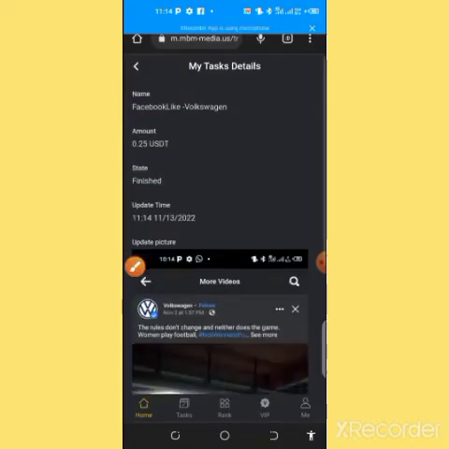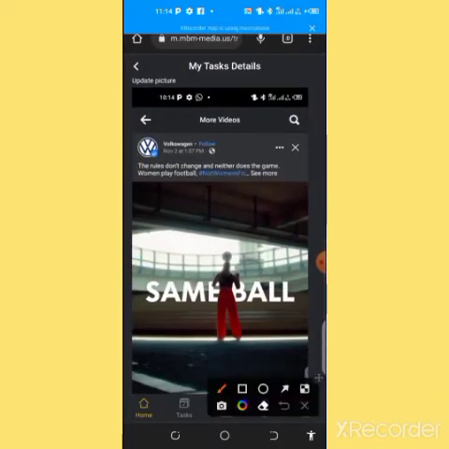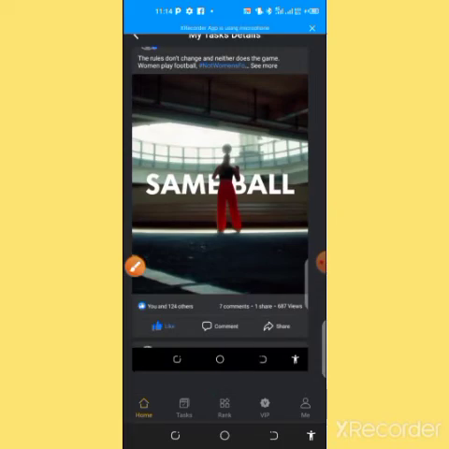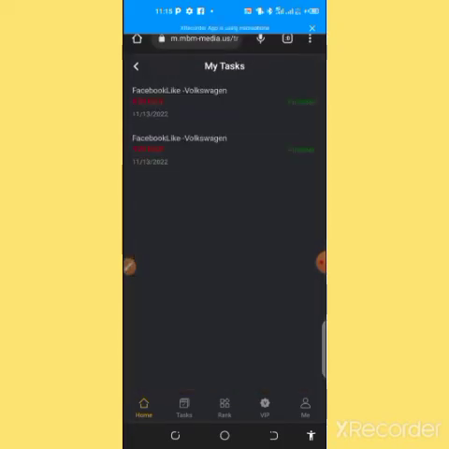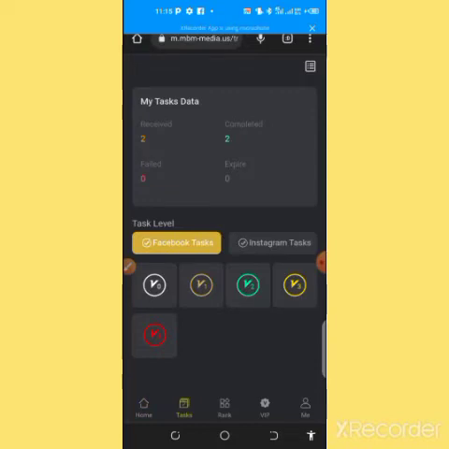You need to upload a screenshot. You tap here, there will be an empty space here, tap it, upload the screenshot and click the submit button down. You wait for it to be reviewed. Within 1 to 3 minutes it will be reviewed, and do the same for the two tasks that you receive. Then you receive your earning, or your daily task reward, on this platform for free every morning.